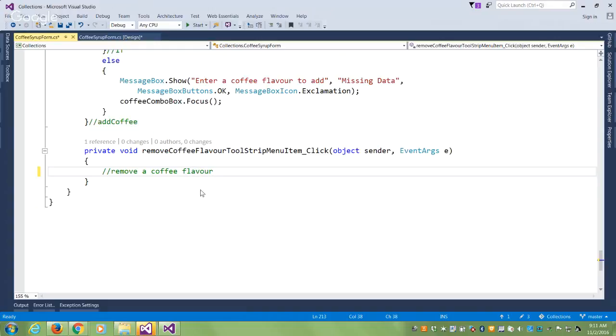Now, there are a few ways of doing it. Now, the user could be typing some